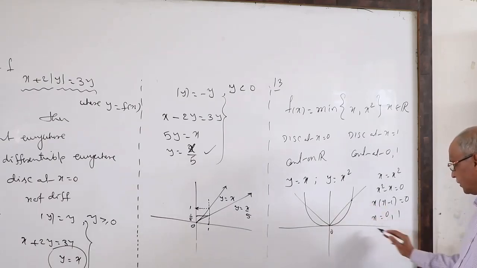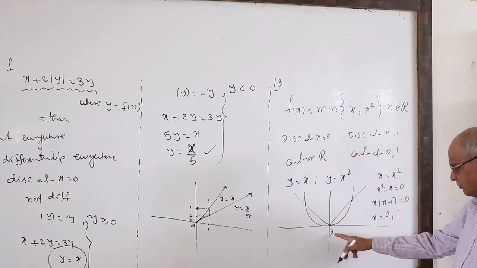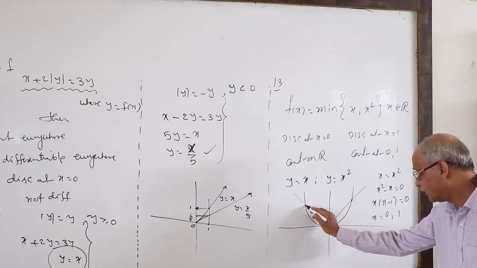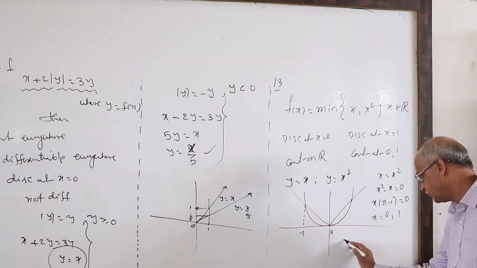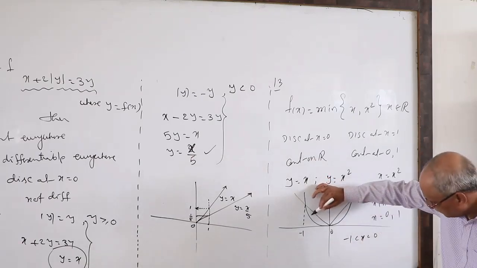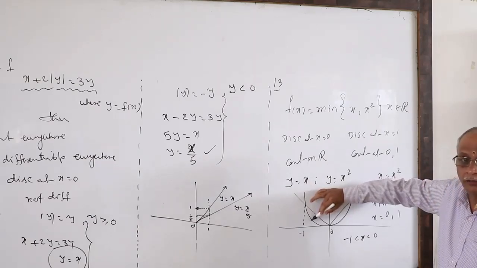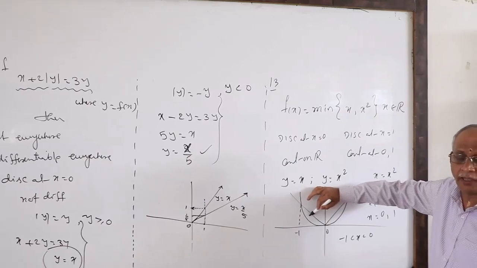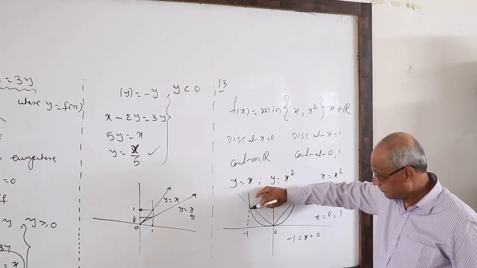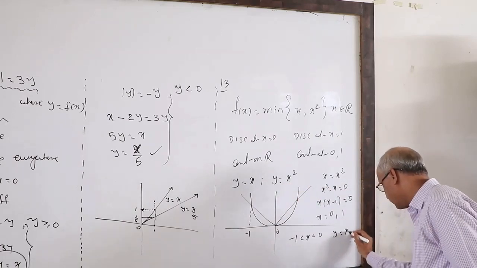This is when x equal to 1. Now you see at 0, it is intersecting actually like this. Minus 1 to 0. When x lies between minus 1 and 0, in these two graphs the one which is near to the x-axis is called minimum. Far away from the x-axis is called maximum. This is the only idea we need, later again. Which is minimum? This curve. What is this curve's function? x square. So y equal to x square.